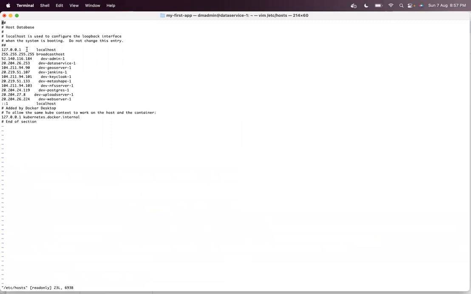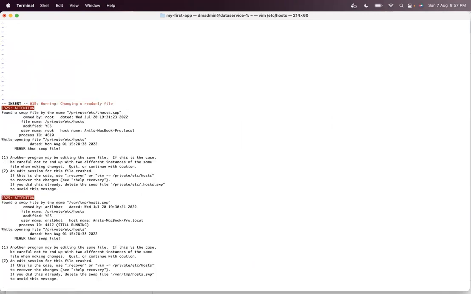your local IP address to some other domain name. This is the mapping I have done for other applications, and you can do some other mapping of your own.